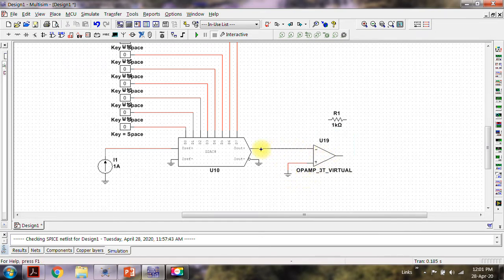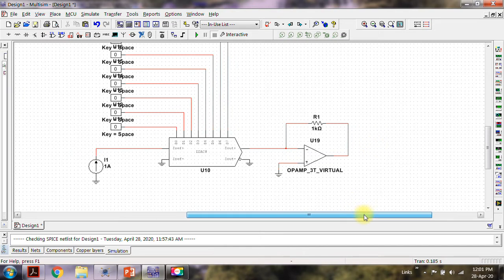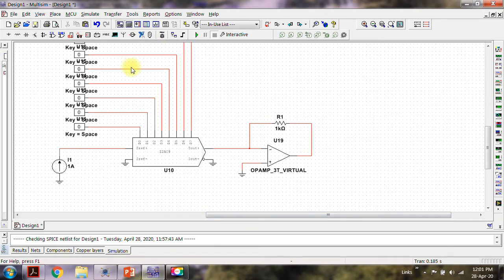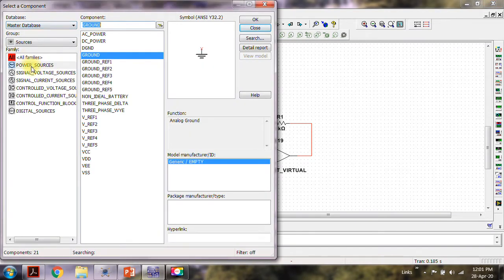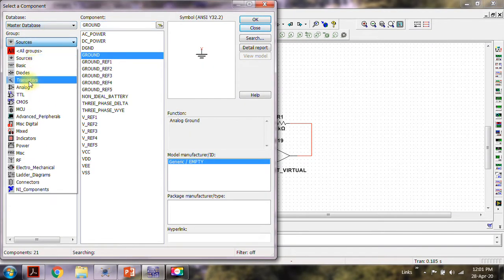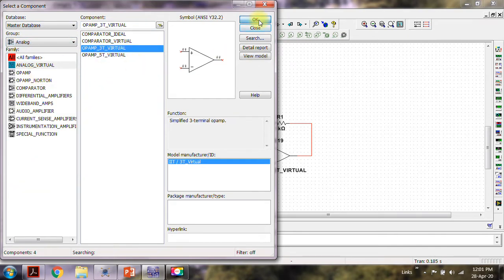Alright. But the output will be inverting polarity, so we have to again use an inverting configuration. So place an inverting amplifier here.